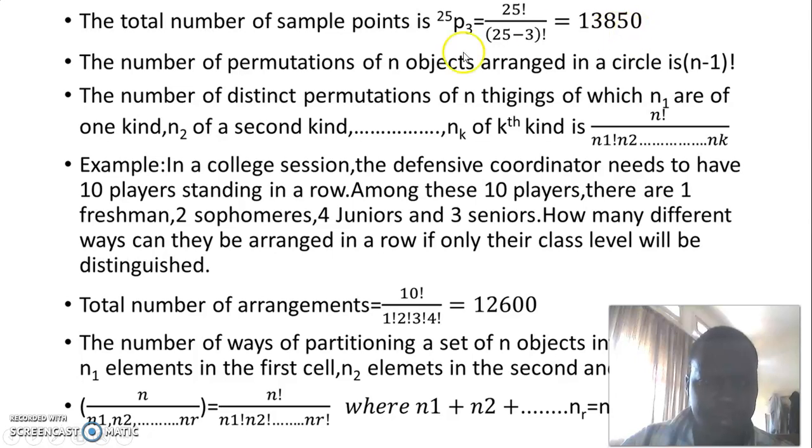50. The number of permutations of n objects arranged in a circle is n minus 1 factorial. The number of distinct permutations of n things, of which n1 are of one kind, n2 of a second kind, and nk of a kth kind, is given by